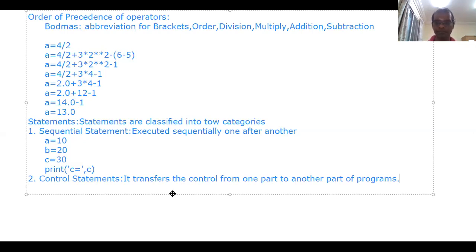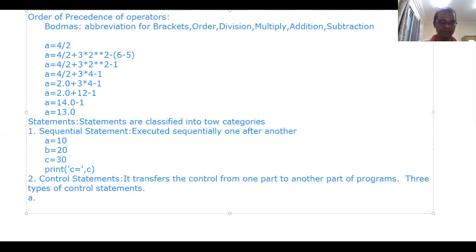Again, there are three types of control statements. We will see them one by one. First, selective or branching or alternative.